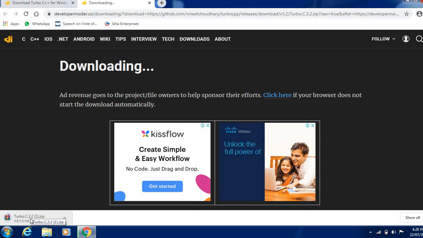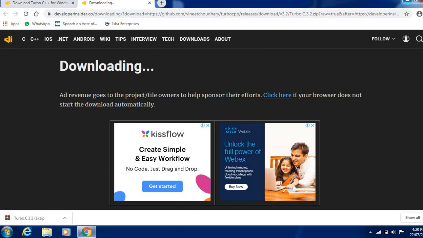I already downloaded this file on my computer, so it will take a few moments for the downloading process. Okay, the downloading is just completed, and that is a zip file.